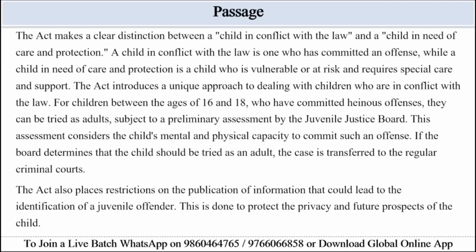The Act introduces a unique approach to dealing with children who are in conflict with the law. For children between the ages of 16 to 18 who have committed heinous offenses, they can be tried as adults, subject to a preliminary assessment by the Juvenile Justice Board. This assessment considers the child's mental and physical capacity to commit such an offense. If the board determines that the child should be tried as an adult, the case is transferred to the regular